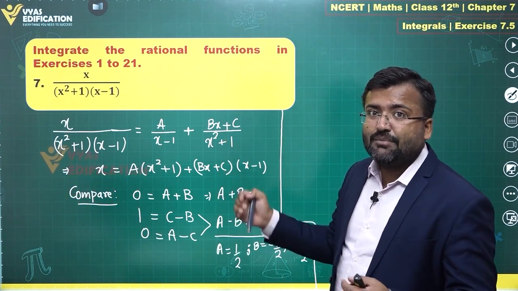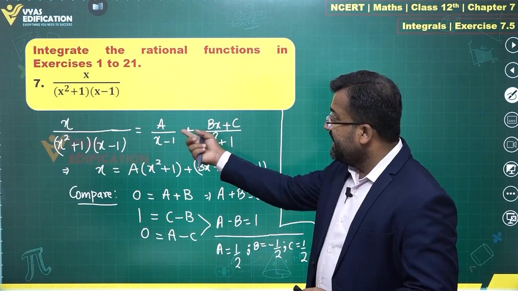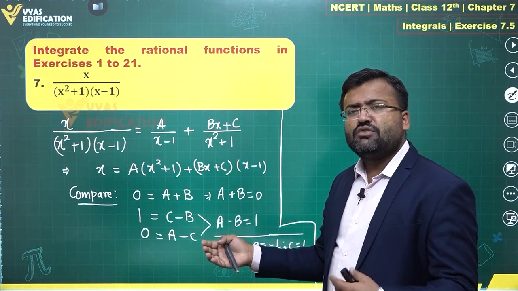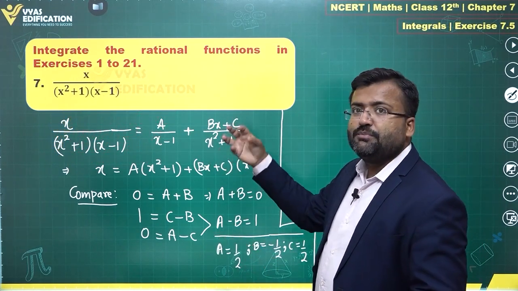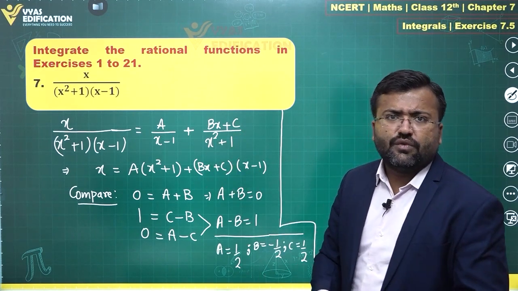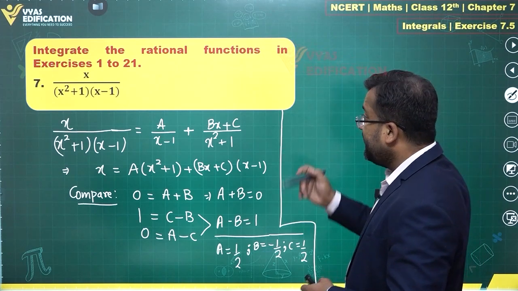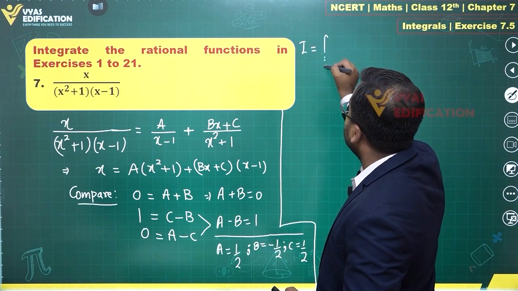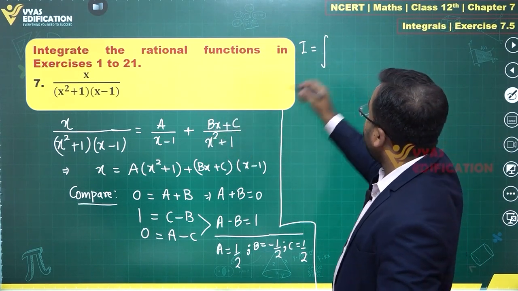We generally use a and b over there. Since they have already been used over here, we'll use p and q, let's say. So numerator equals p times derivative of denominator plus q is what you'll use over here, right? So that's the next step. Let's write the integral I,